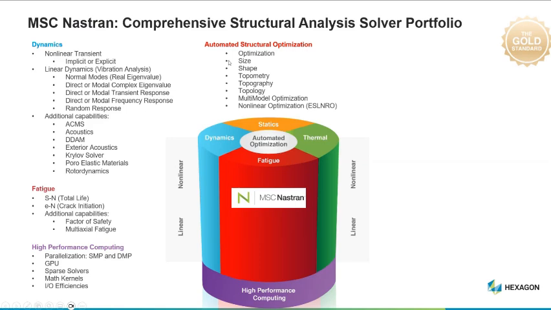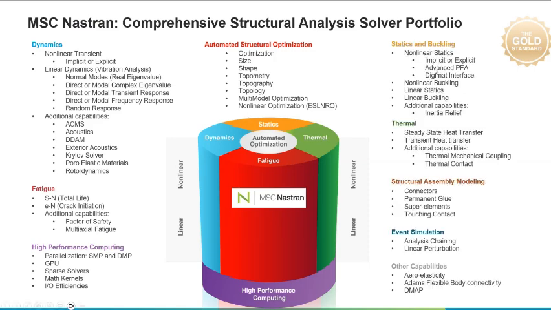We also have optimization, lots of different methods, and there are some nice slides on that, so I'm not going to go into it now. And then for statics, we have linear and nonlinear, implicit, explicit, linear buckling, nonlinear buckling. There are thermal calculations, coupled thermal and structural simultaneously, and so on. So Nastran has a pretty wide range of applications that it effectively covers, pretty much getting back to the whole